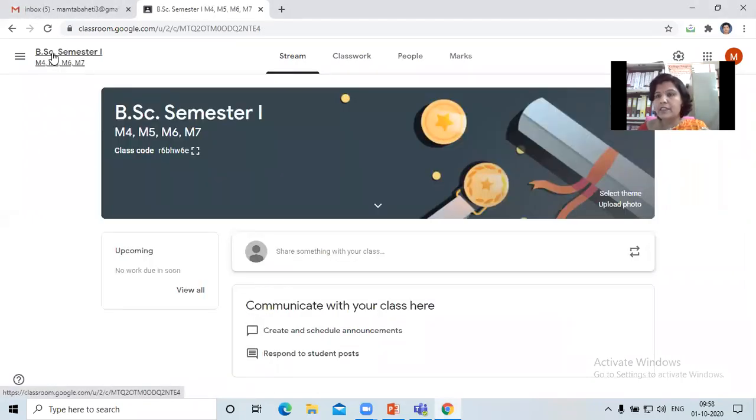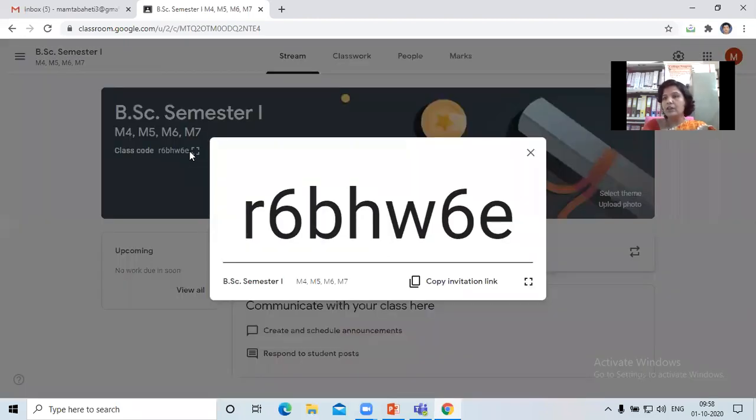when I see the front screen here, you see this code. When individually you go to Google Classroom, either the app that you have installed on your mobile or the web browser, you will just click on join class and paste this code there.